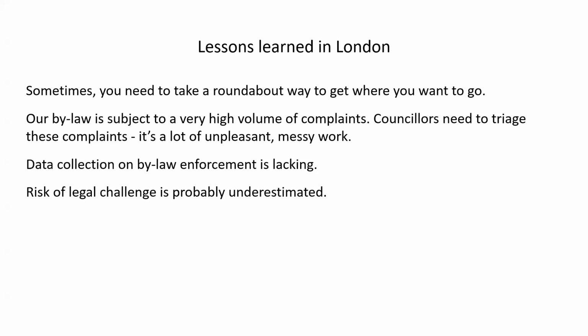And sometimes to get where you want to go, you have to go a roundabout route, like seeking out the actual staff that are working on what you're asking for. The yard and lot bylaw, which is what this was filed under, is subject to a really high volume of complaints. So staff deal with a lot of this, but your city councilor does not want to hear from more people complaining about the state of their neighbor's yard. There's garbage over there, mosquitoes, it's endless. And they get thousands of